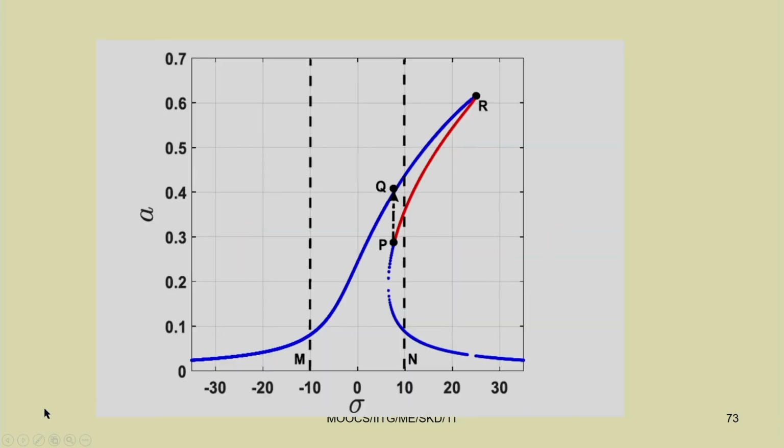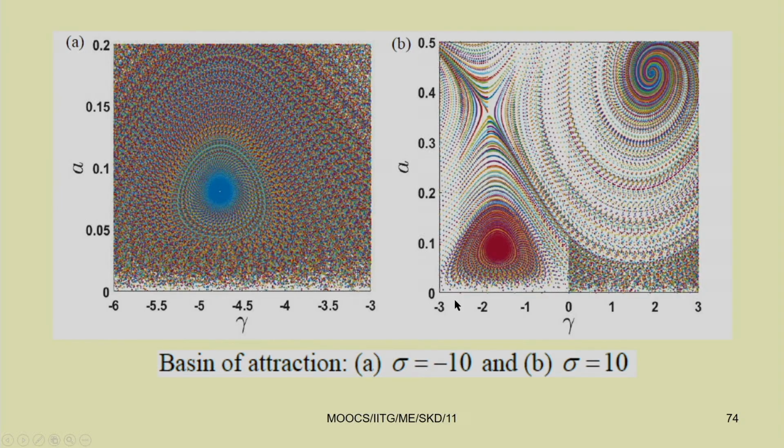Now, already I have told you how to plot by solving numerically, you can plot this A versus sigma. When you are plotting this A versus sigma, up to this parameter you have only one solution, but after that you have multiple, that is 3 solutions. As you have 3 solutions, depending on initial conditions, actually you can get this solution.